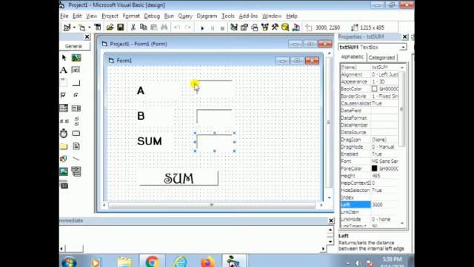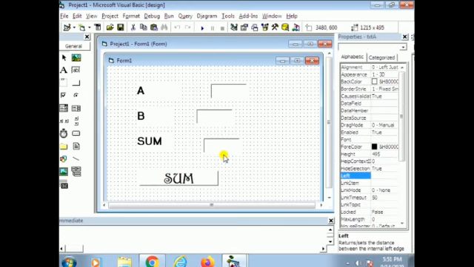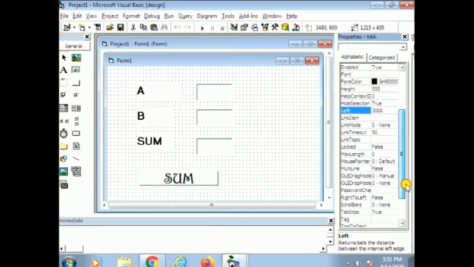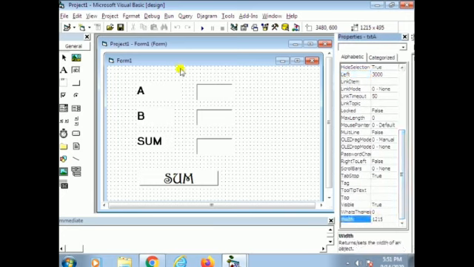Now I try to set the text boxes in the same column, but that is also impossible to do manually. We can do that individually by setting the properties, but that is a lengthy process. We can set that by selecting all text boxes and setting the property of left. Now I set the property width. First we need to select all text boxes and set the property of width. Now all text boxes have the same width.